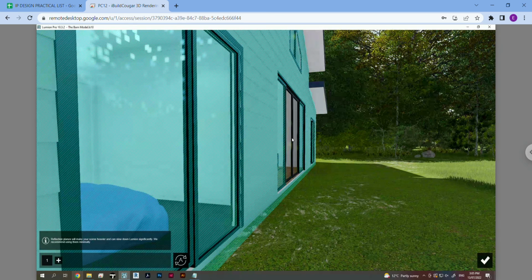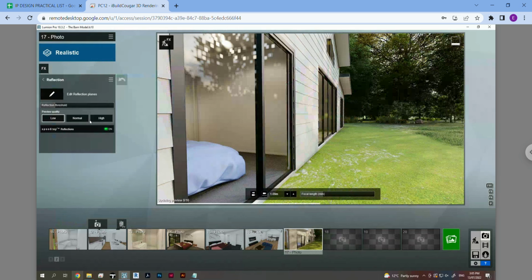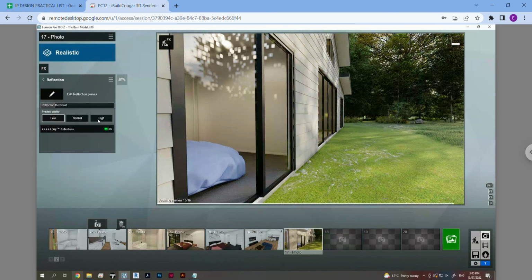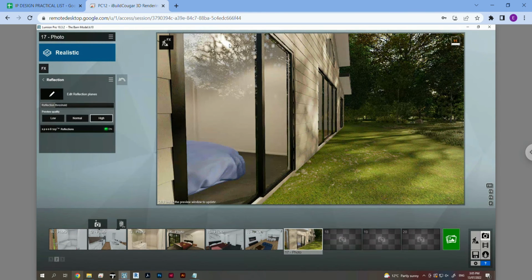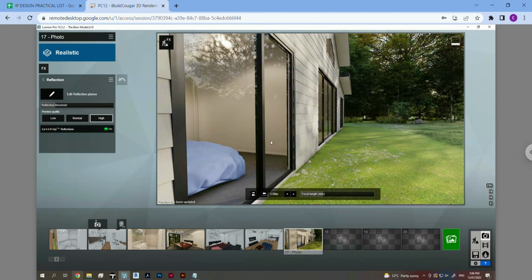Or you could add a new plane and click on those doors. So this is just the preview of what it's going to show us. So if I go to high in our preview, you can see now we've got the exact reflection of the trees out here. So I'll click and view that in rendered view, and it's very clean, looks very professional. You get some nice shots